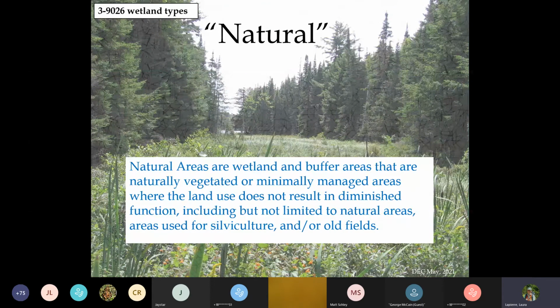And the natural areas are what you'd expect. They're minimally managed areas. So natural areas, areas used for silviculture, or old fields that are no longer being managed. So we're allowing up to 500 square feet of natural wetland or buffer impacted under the water quality general permit. However, you still do need to attempt to avoid and minimize.